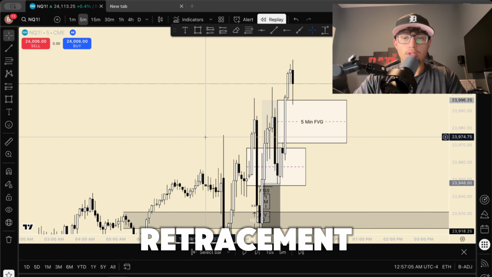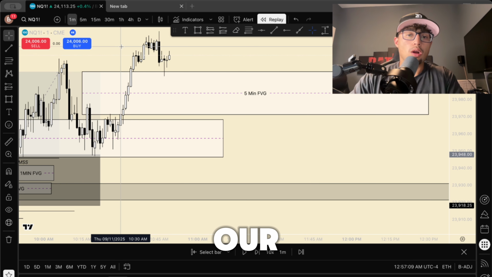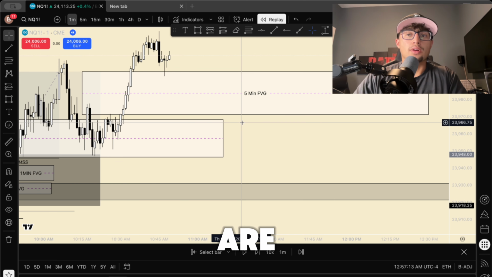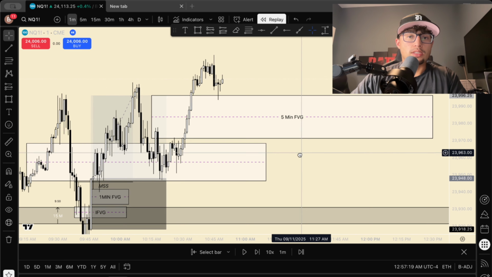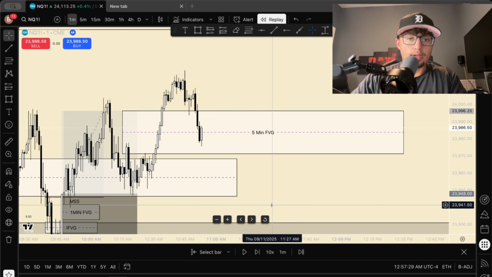So we got a retracement to the 5-minute fair value gap, and now we're going back down to our 1 minute because we have our narrative. Our narrative is we are looking for buys. We have 5-minute confirmation, and we think price can continue sweeping higher. So price drops down. It respected this little fair value gap, this little rinky dinky one,